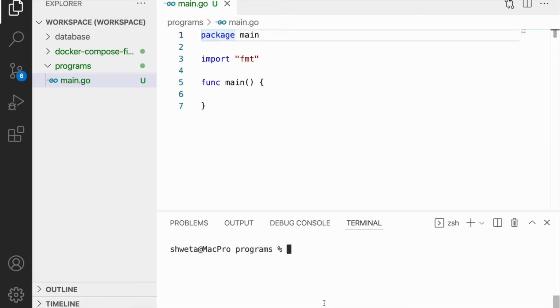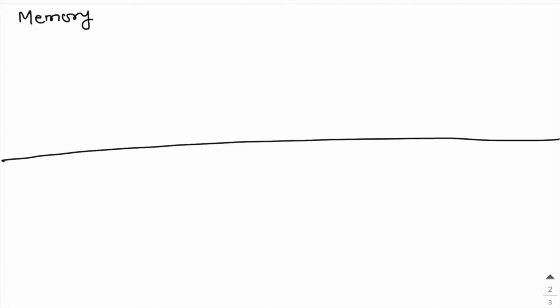Today I'm going to show you how pointers work in the Go programming language. Pointers are references to the specific memory address of a variable. Unlike structs and strings, pointers don't hold large amounts of memory because they just hold the address of a variable, which makes them memory efficient. Let me show you one example on the board.